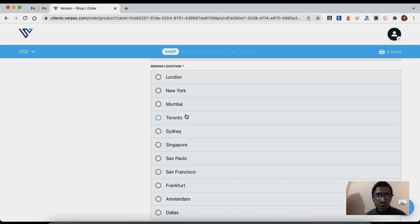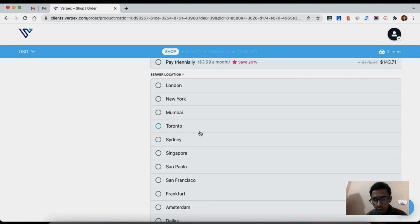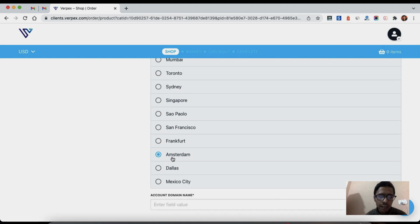Of course, you have to choose the location of your server. It has to be the closest to most of your audience. For example, if you have a global audience, I will be choosing Amsterdam or Dallas. However, if you have a lot of audience from Asian countries, then you can choose Singapore or Mumbai. Likewise, other countries. So I always choose Amsterdam because most of the sites I have been hosting have a global